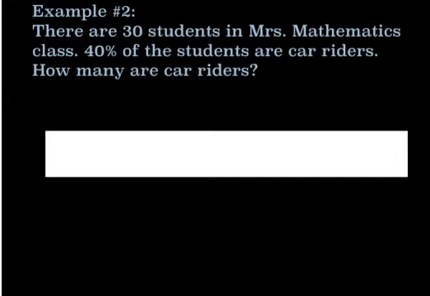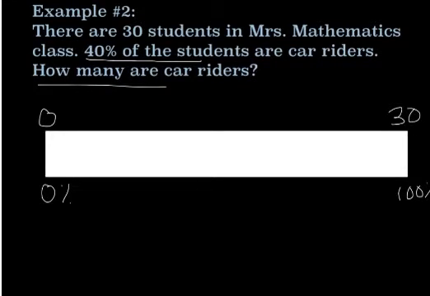Look at this other example here. There are 20 students in a mathematics class, and 40% of students are car riders. How many are car riders? So 0%, you have 100%, and 20 makes 100. So think of what benchmark